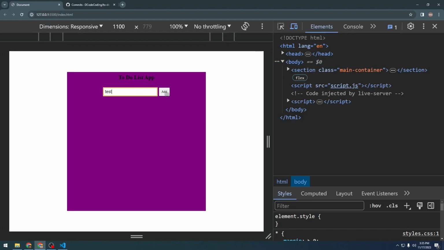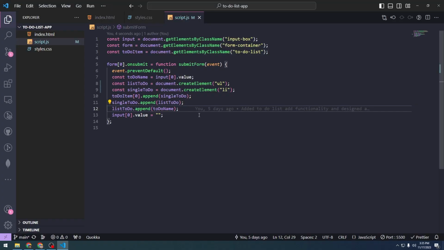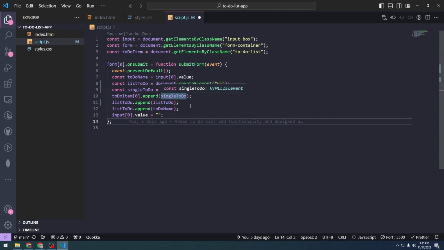If I save and test, yeah, it is not working properly, so I would have to do this list to do here and single to do. Okay, let's think this through. So we are trying to target the UL, and we would want the to do